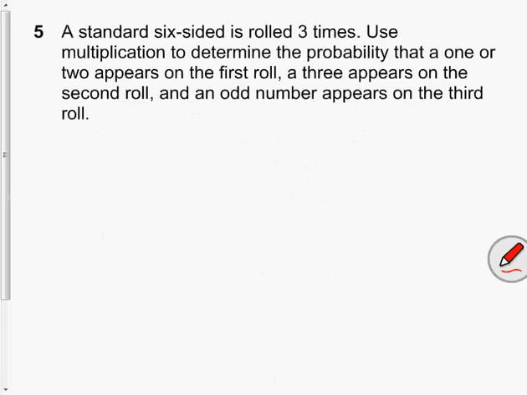For question 5, since a standard 6-sided die is rolled 3 times, use multiplication to determine the probability that a 1 or 2 appears on the first roll. So their first roll, a 1 or a 2, there are 6 possible numbers. And if it's a 1 or 2, that is 2 possible numbers out of the 6 on that first die. For your second roll, it says that only a 3 appears in the second roll. So there's only one 3 out of that 6-sided die, so there's only a 1 chance out of 6 that